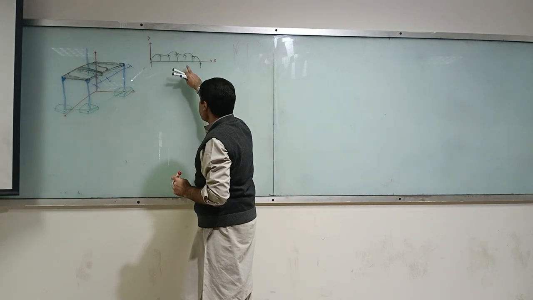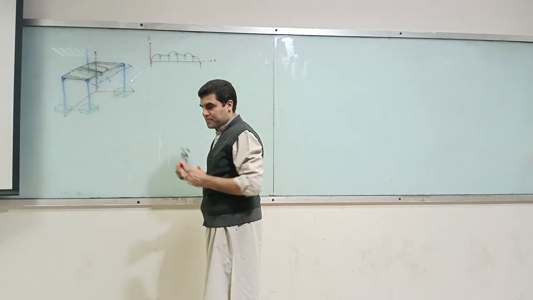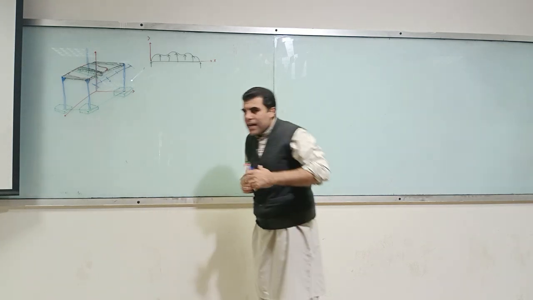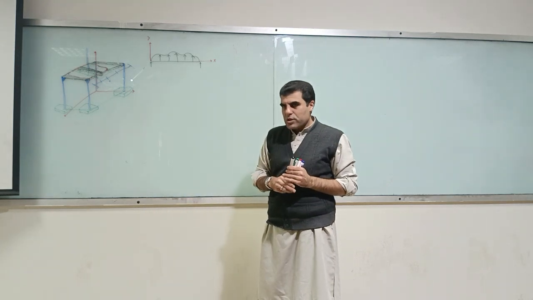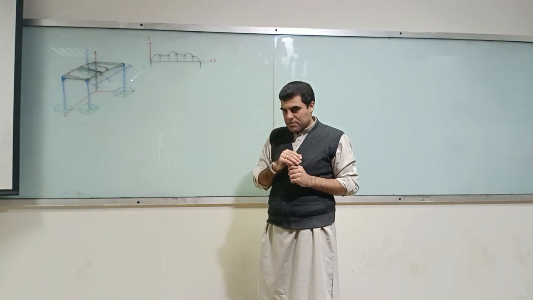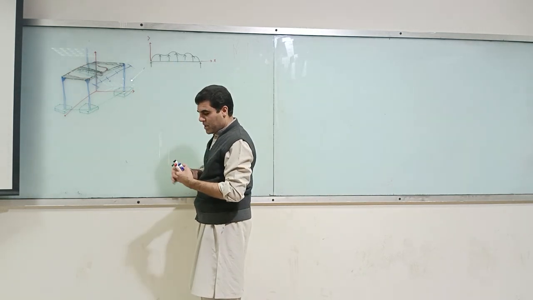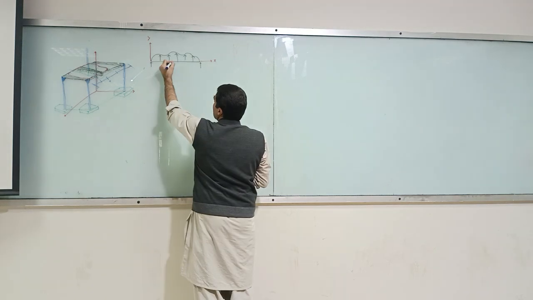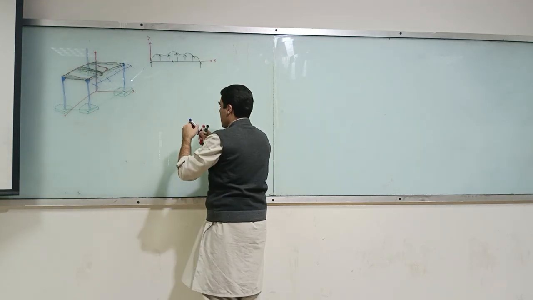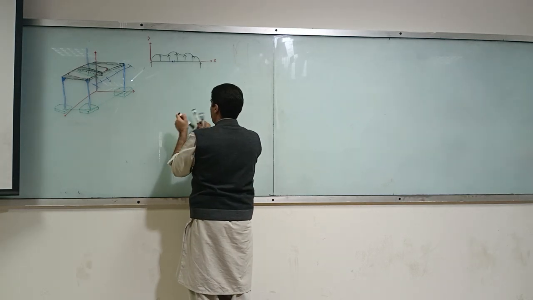Now, in this beam, we have a simple beam subjected to some load. What is our aim? Our aim is to find out the shape of the shear force and bending moment diagram. So what we do is, we take a very small differential element of this structure, we zoom in, and we find out that this differential element